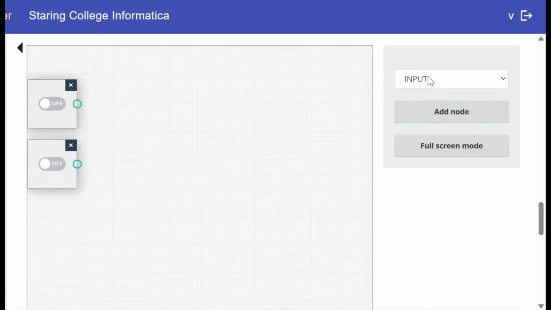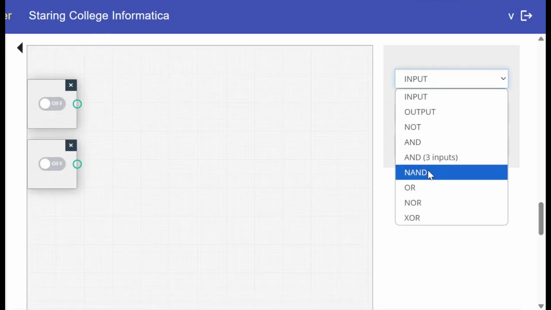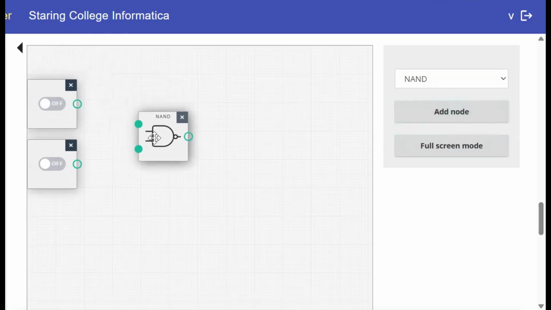Now, let's say you are testing for a NAND gate. Again, from here, you press NAND gate, and then you press add node, and a NAND gate is added. Now, to join the inputs to the gate, all you need to do is press